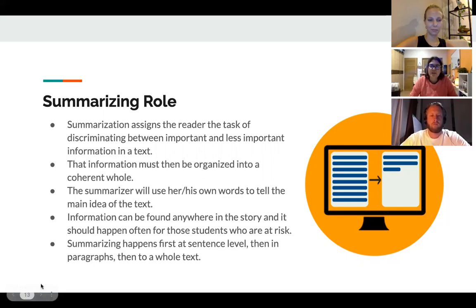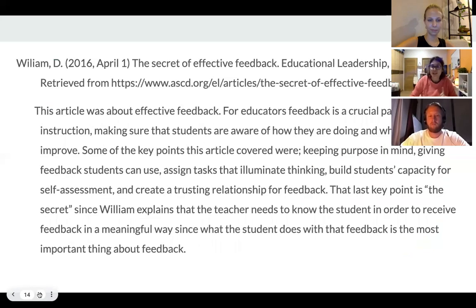Summarizing happens first at sentence level, then in paragraphs, and then to a whole text for young learners, because you're basically trying to get the main idea. You only use the information that is important. Everything else you don't have to worry about. So you keep it simple and concise. And you keep the summary short. That's another good thing. And what we use here to explain that is an annotated